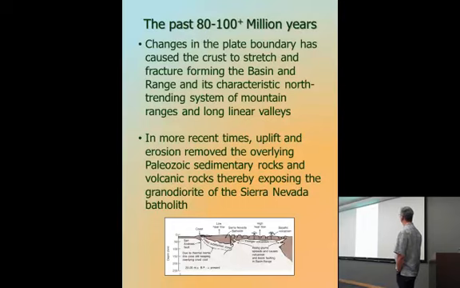More recently, in the low end of the 80 to 100 million years ago, there were changes in the plate boundary. We went from a subduction zone off the west coast to more of a transform or strike-slip margin. So this is the San Andreas Fault. Even though I told you, well, it's really not the plate margin. It is. It's in there somewhere. It's a plate margin somewhere between Las Vegas and San Andreas and points offshore. But anyway, this change, when it went from this to this,